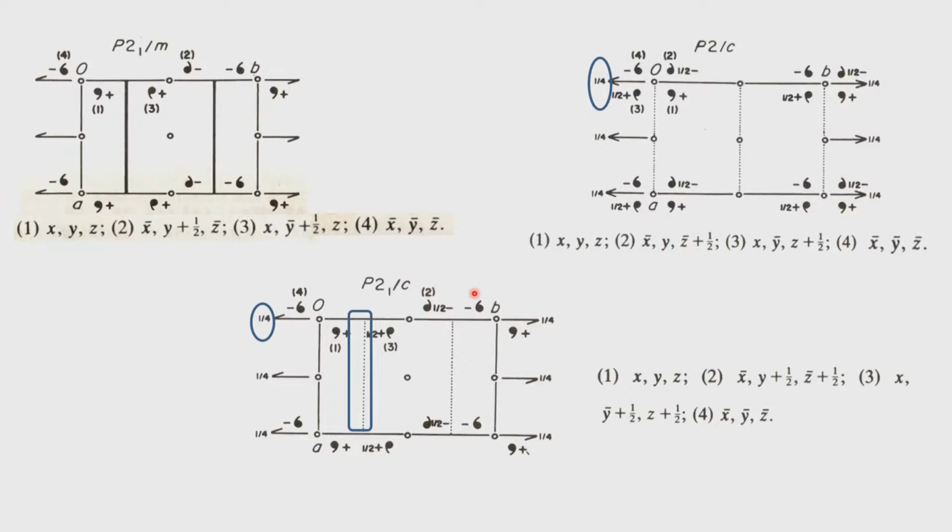So what are the operations here? The operations here are a 2-1 screw and the c glide simultaneously at an intersection point. So you quickly realize that 2-1 and c will have to move from each other. They cannot be associated and intersect with each other, because the point group symmetry happens to be 2/m. Because the point group symmetry is 2/m, you need to have a center of symmetry, and the presence of the center of symmetry and the requirements of the definition of a group will invoke for every given x, y, z across the center of symmetry located at 0 0 0, you will have to have x bar, y bar, z bar.